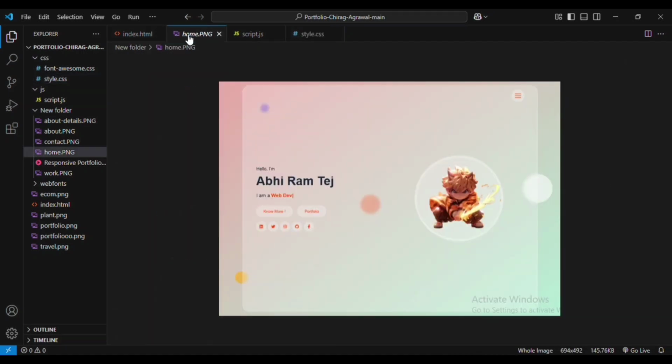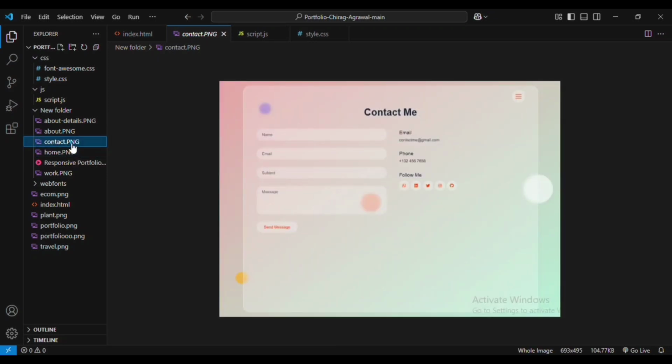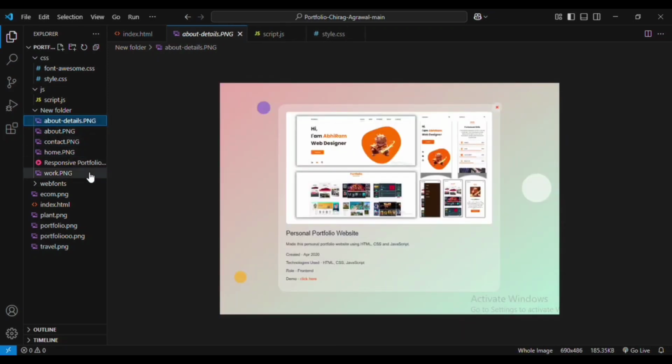The responsive portfolio ends here, and the source code will be available in the description of this